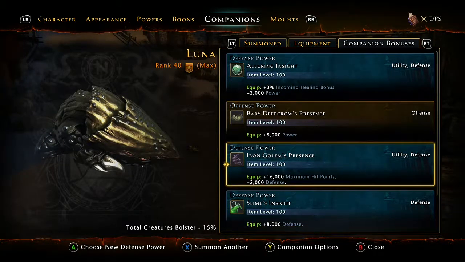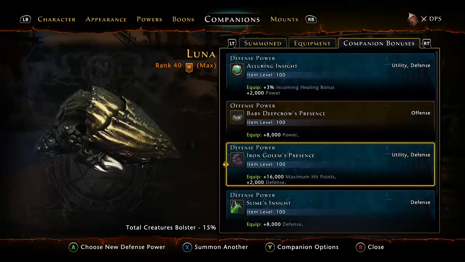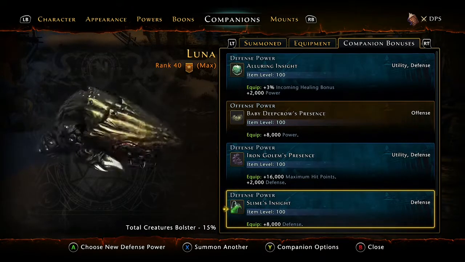I do run the Iron Golem in here. It does add 16,000 defense. It is good. It gives you 16,000 HP, I'm sorry, and 2,000 defense. And it's good because of the HP. It does help you hit that defensive cap and go a little bit over, combining it with the slime to give you that ability to take it down, possibly 2, and still be